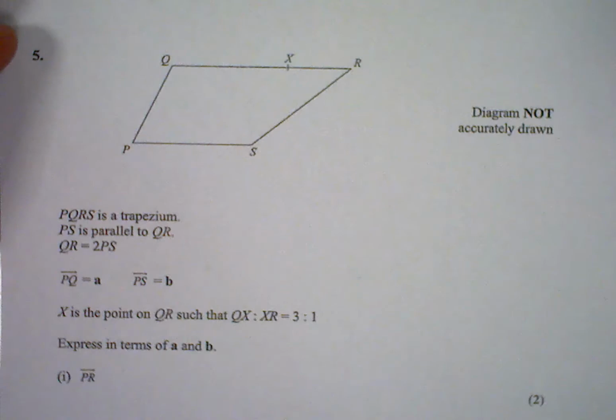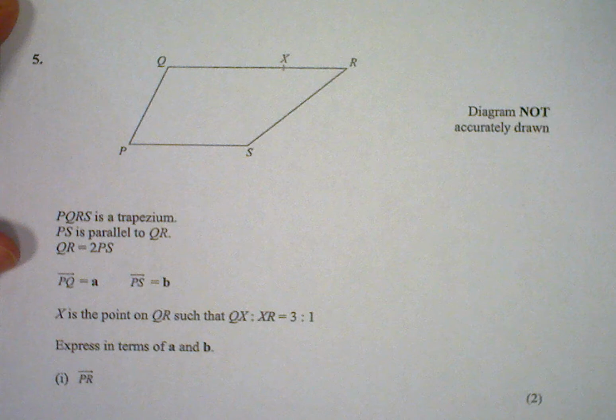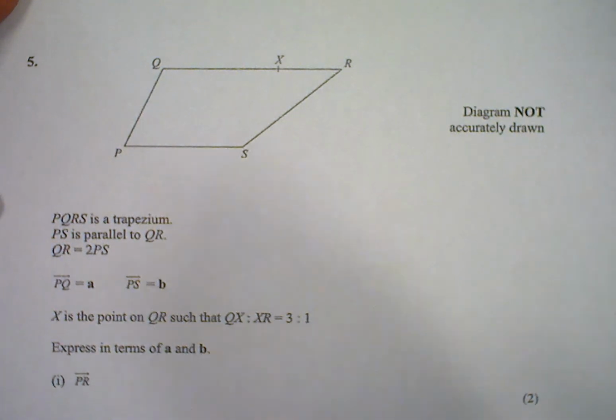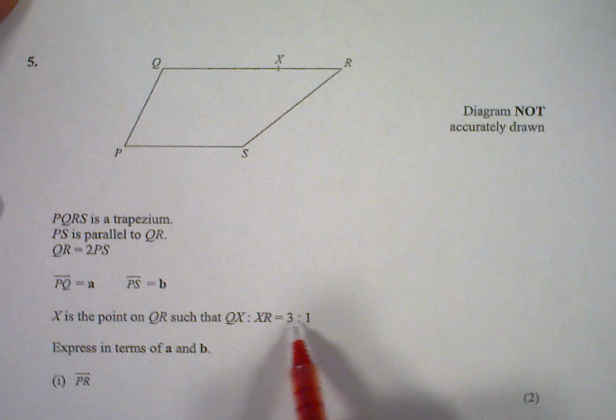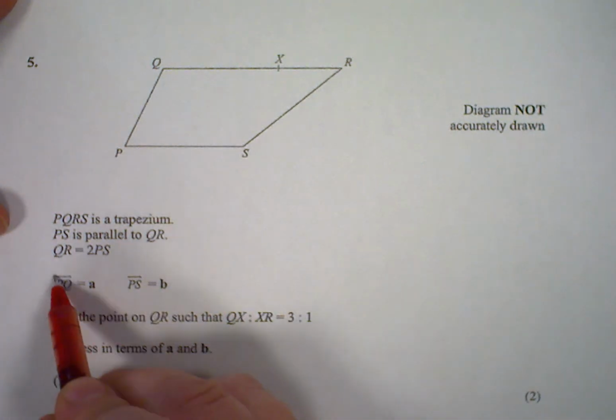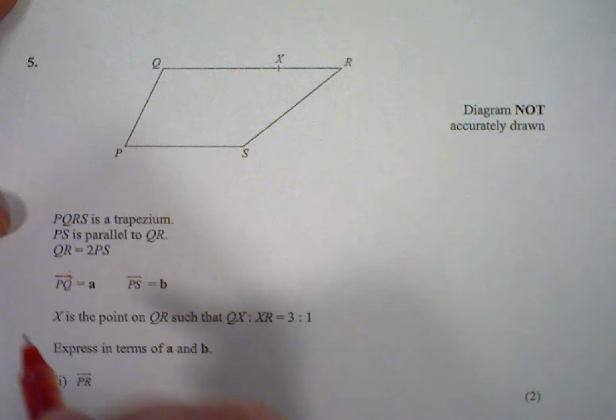Okay, so what we're going to do is work from the worksheet we did today backwards. It's going to be one vectors question, and it's going to have also one of these ratio things in it. The key thing to remember is that we're looking at movements. Vectors are movements, and